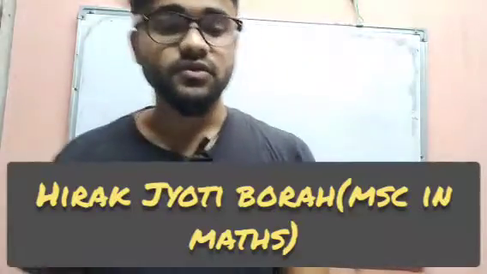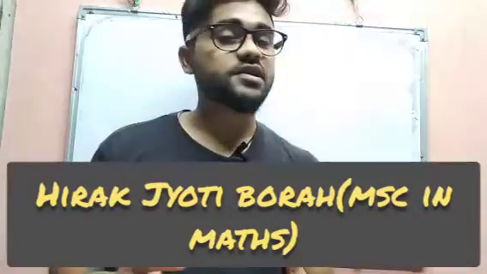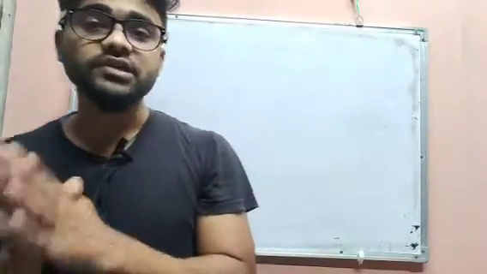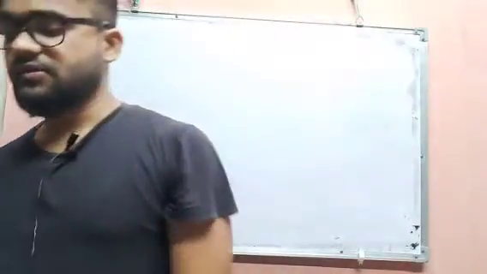So last class we discussed the linear equation one variable word problems which are related with fractions, numbers and age. In today's class we are going to discuss linear equation word problems which are related with perimeter and money. Perimeter basically means we are going to discuss the perimeter of a rectangle and a square.